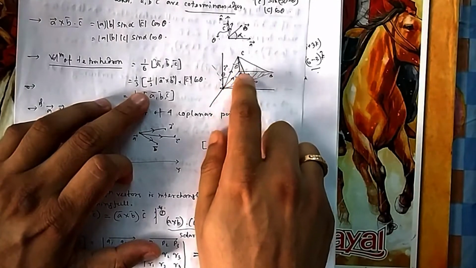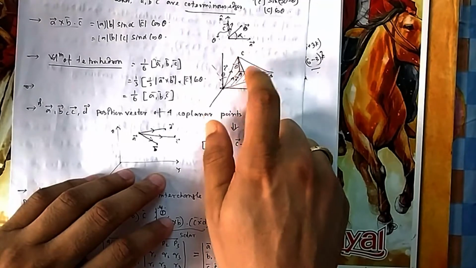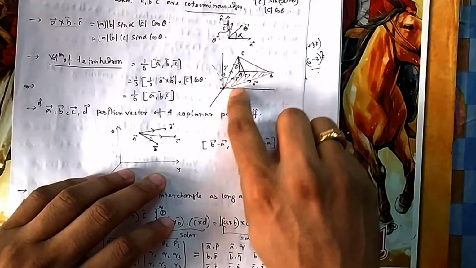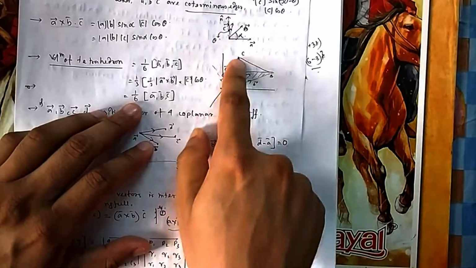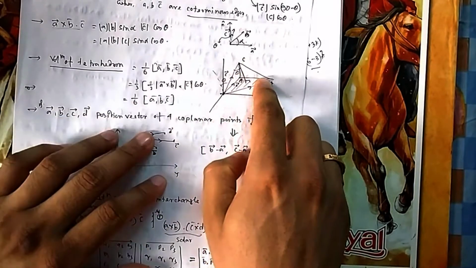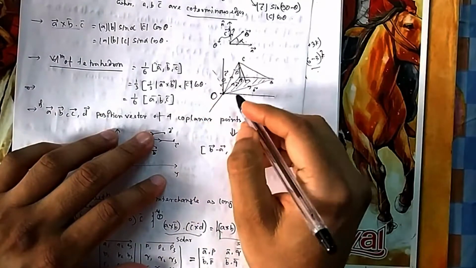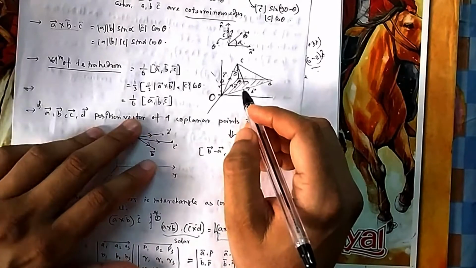Now suppose these are the position vectors of that tetrahedron, base ABC. You can think of these as coterminous edges also. So all are coterminous edges, or you can say all are the position vectors of the triangle which is forming the tetrahedron with the origin. Or you remember it as adjacent sides also, that is easy to remember.